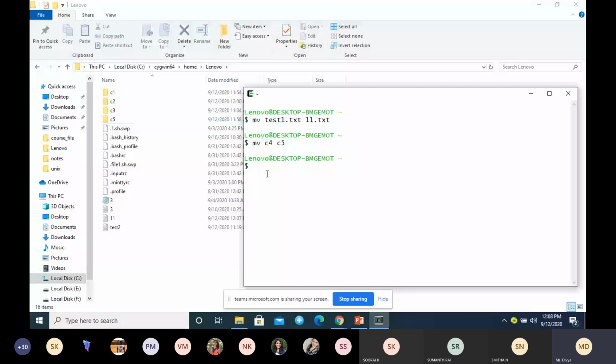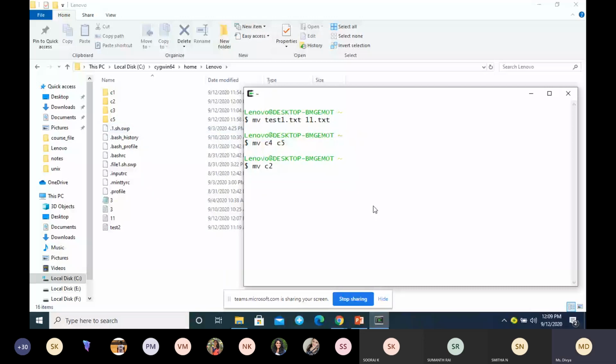Next one, moving a group of files to another directory. How to move the content? I want to move this directory C2 to C1. I can simply type mv C2 C1. So copying is what?